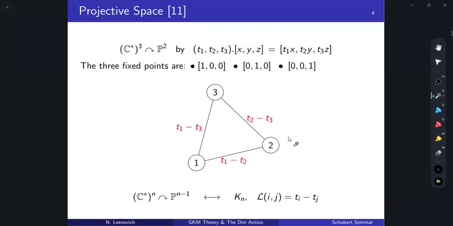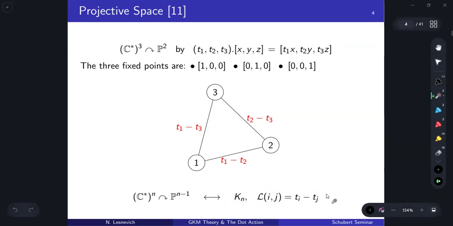For the labels, the way I would think about it is, how are we getting from our first coordinate vector to our second coordinate vector? That's moving along T1 and T2, so I'm going to label that T1 minus T2. How do we get from the first to the third? That's multiplication along T1 and T3, so I'll label that T1 minus T3. Overall, if we generalize this action, what we get is the complete graph, all of the possible connections, and the label on the edge from i to j is always going to be Ti minus Tj. So once we have this set up